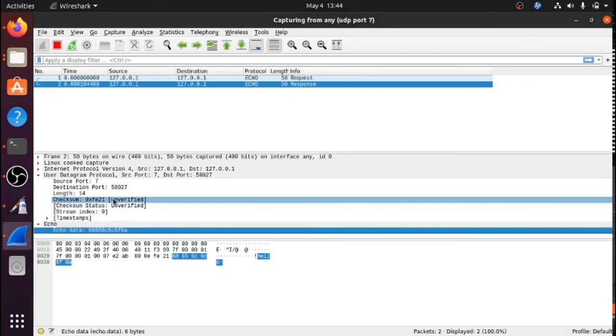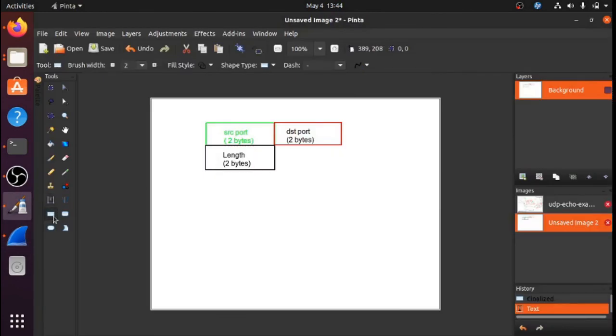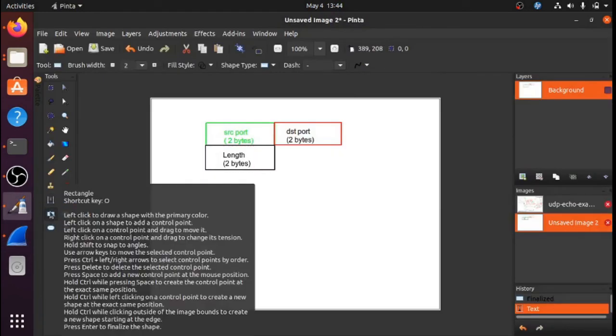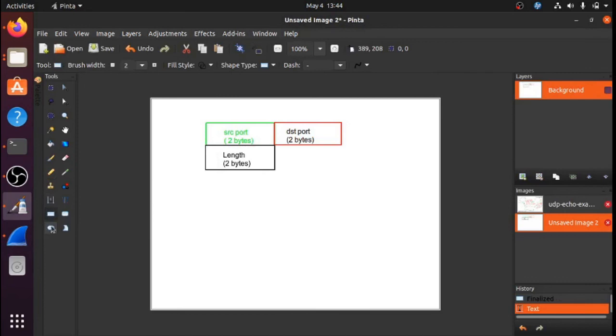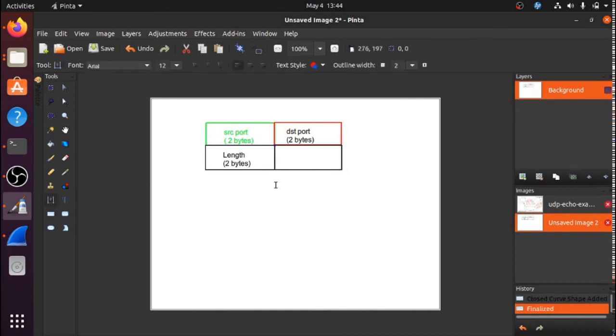This is what we haven't really talked about. Probably in the next class, or it might be a home assignment for you guys. Checksum is slightly tricky, but something that you have to know about. So let's take the same color. Let's put the checksum here. This is 2 bytes.